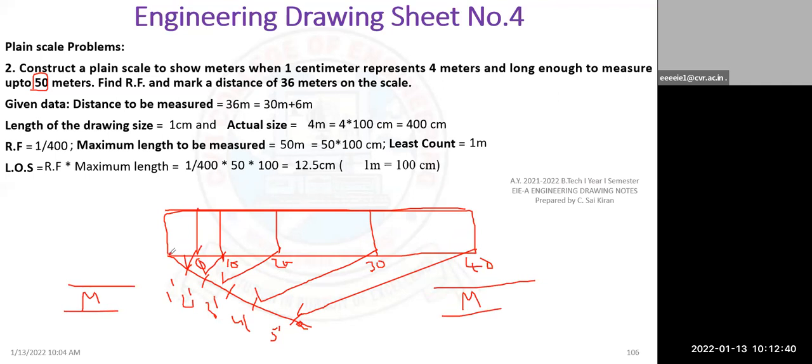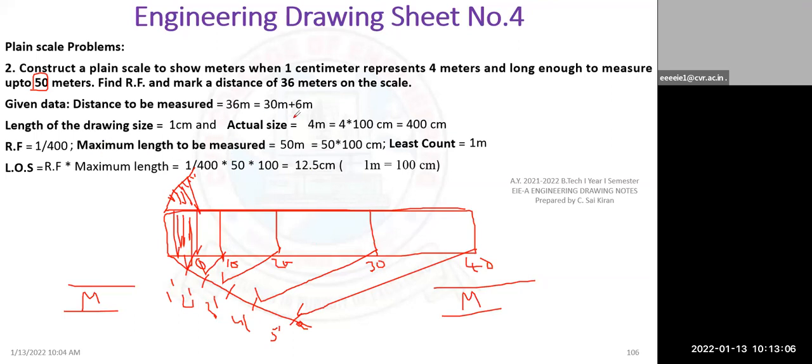Okay. Then again I have to divide my subdivision. This is my one main division. My first main division I have to divide into subdivisions, because 10 meters I can divide into 10 equal parts, so that I'll get 1 meter. So again I have to divide into 10 equal parts. Then I'll join all these things, then I'll make the vertical. Then my problem is completed.